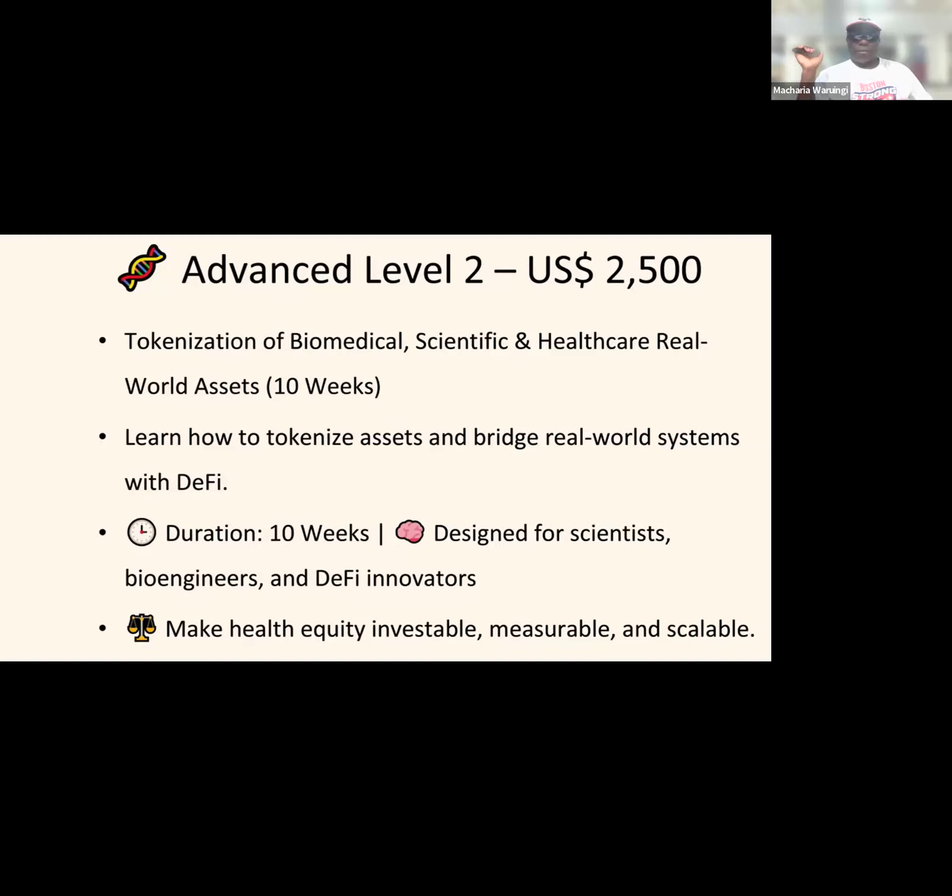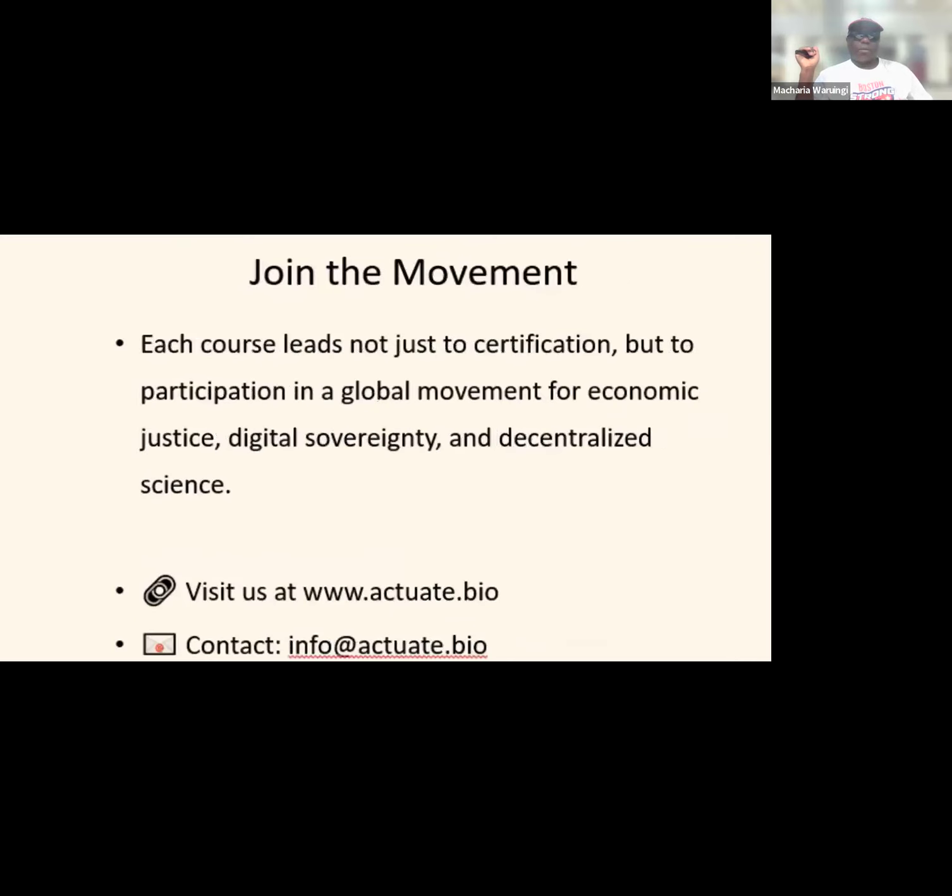In a world where science is buried behind paywalls and healthcare is rationed by corruption, blockchain offers a rebellion of precision and accountability. You will gain legal frameworks, asset structures, and the tools to unleash finance into the forgotten corners of global medicine. Enroll now. Bridge biology and blockchain.